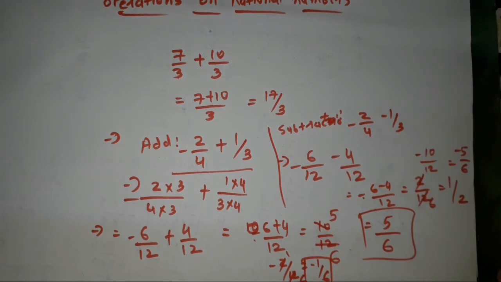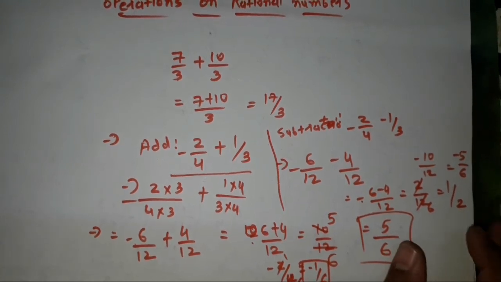So this is how we have to add or subtract rational numbers as we were doing for fractions. We will also discuss this topic again during our live session. Now another thing is also there, which is multiplication and division of rational numbers. How can we multiply two rational numbers?